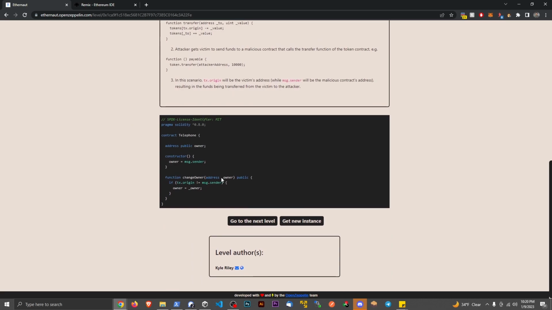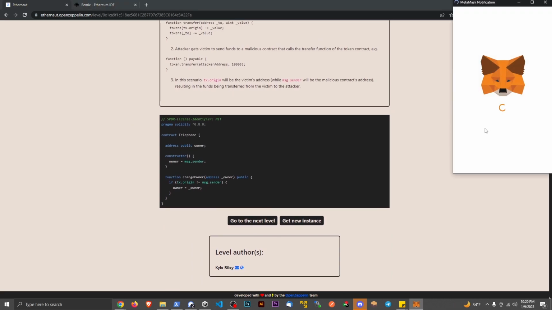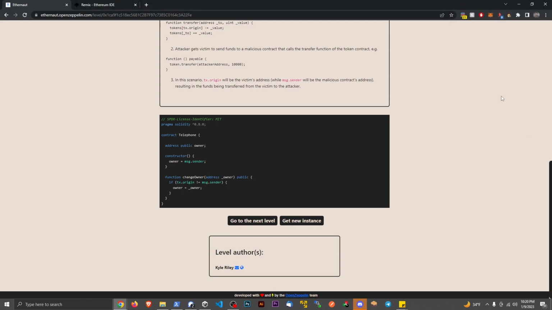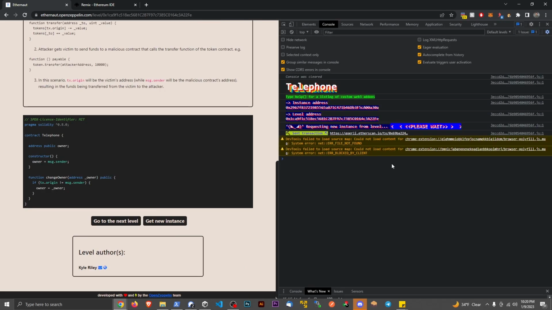Of course, I solved it off camera, so we're going to get a new instance here, and we're going to click on confirm. I don't know why mine still says T-Fuel. I am connected to the Goerli network. I think it's just a little caching issue with MetaMask. Once we have a new instance, some of this information here should change, because I believe it's showing some of the information that's there after you solve the puzzle, or excuse me, the smart contract. Request a new level.